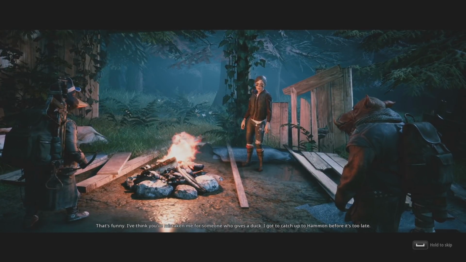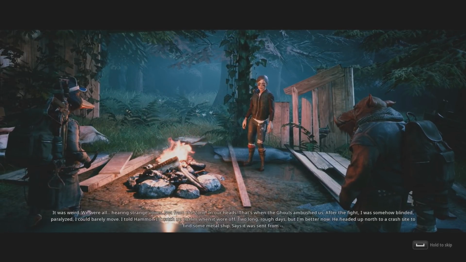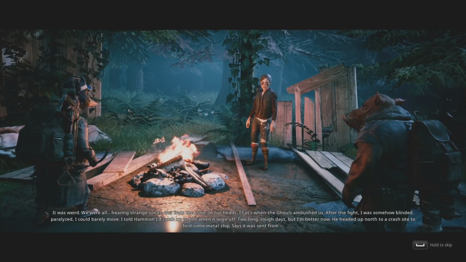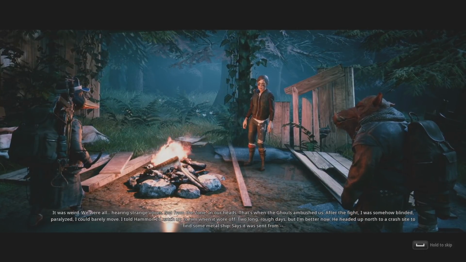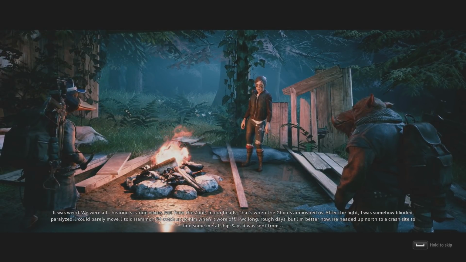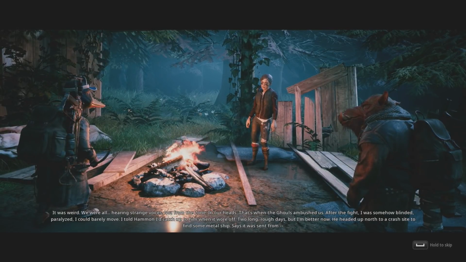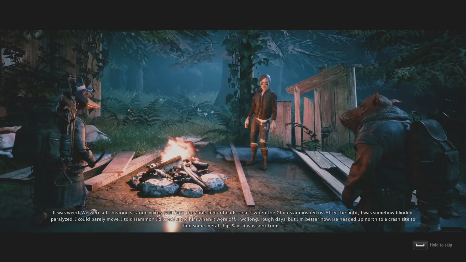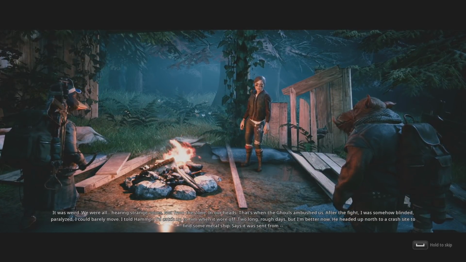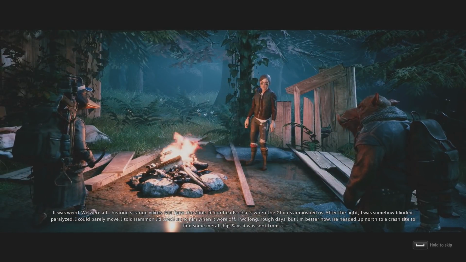I've got to catch up to Hammond before it's too late. You're part of Hammond's crew. How did you get separated? It was weird. We were all hearing strange voices. Not from the zone. In our heads. And that's when the ghouls ambushed us. After the fight, I was somehow blinded, paralyzed. I could barely move. I told Hammond I'd catch up to him when it wore off. 2 long, rough days. But I'm better now. He headed up north to a crash site to find some metal ship. Says it was sent from...